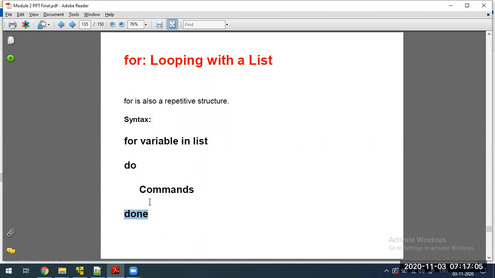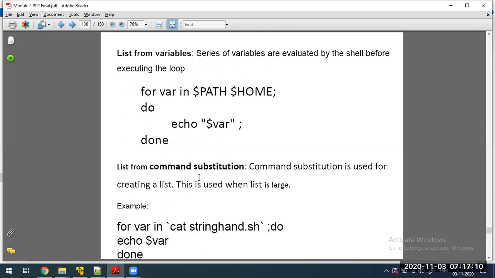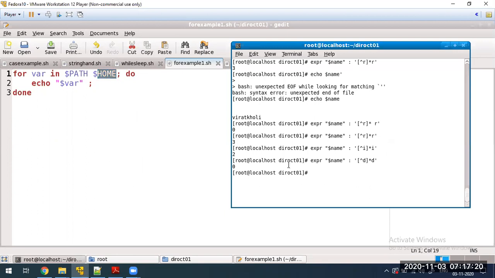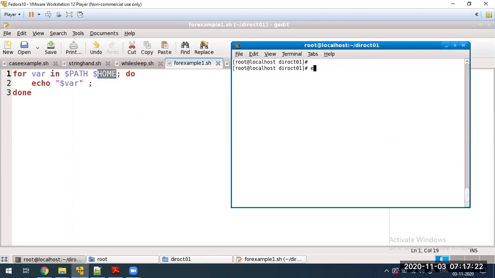If you see the syntax, it is not so clear. With the example, it will be very clear. We already know this dollar PATH, this dollar HOME. See, echo dollar PATH.